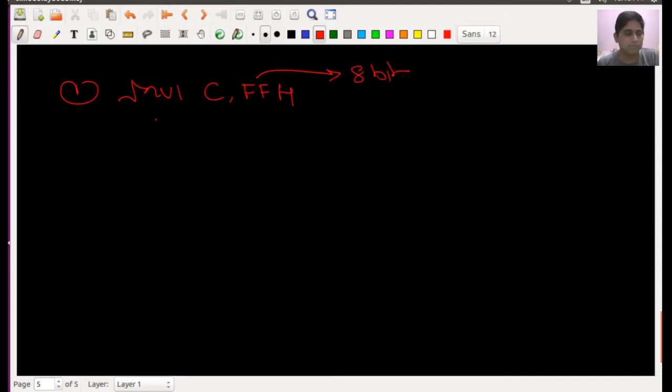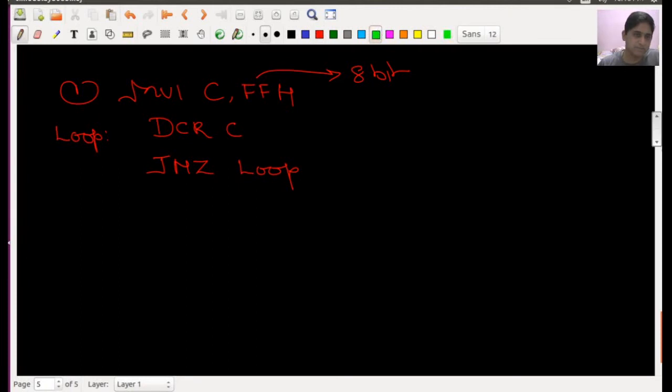The step says that you have to decrease it, so I am using the instruction DCR C and I will check it until it becomes 0. So I am writing a loop as a label. This label is terminated down here, and you know that the label is nothing but a program counter location. If I write the number of T states consumed by each instruction, it is 7,